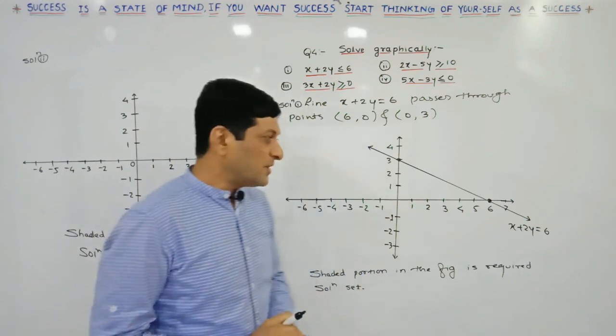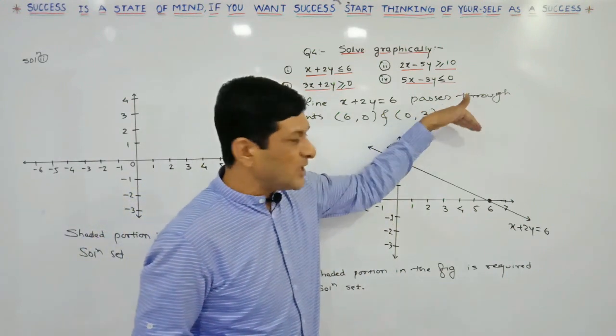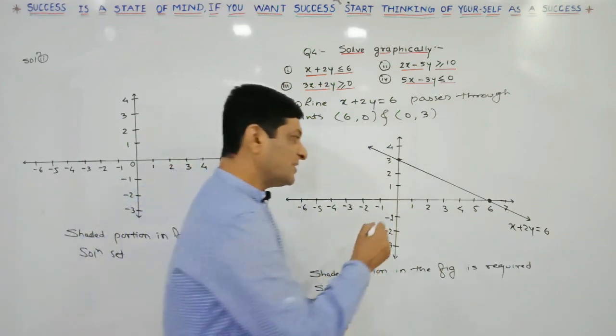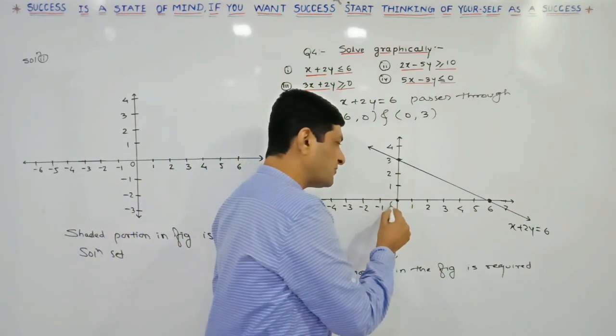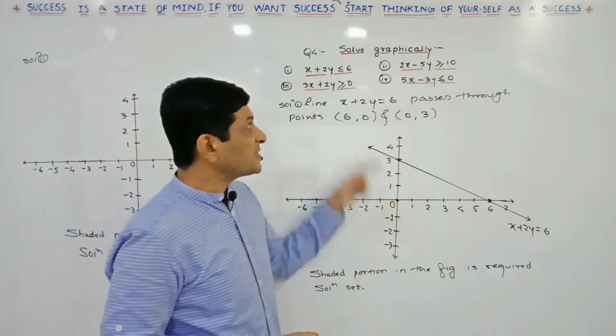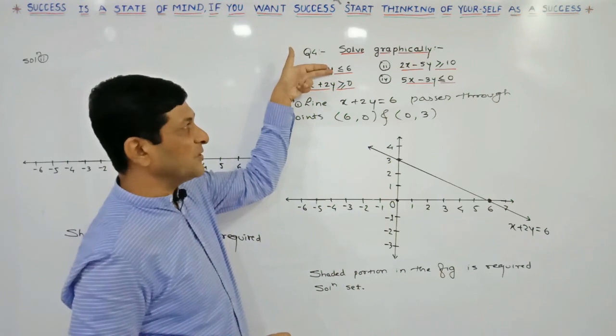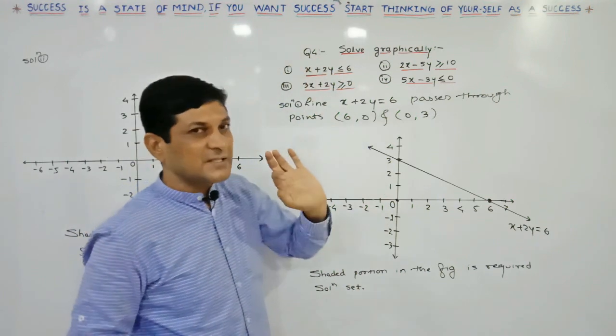Isn't it? So now here for this line, one side is the origin side part and the other side is what? The non-origin side part. So make use of the coordinate of origin. For simplicity, we know that the coordinates of origin are 0, 0. If I substitute x equal to 0 and y equal to 0, this side will become 0,